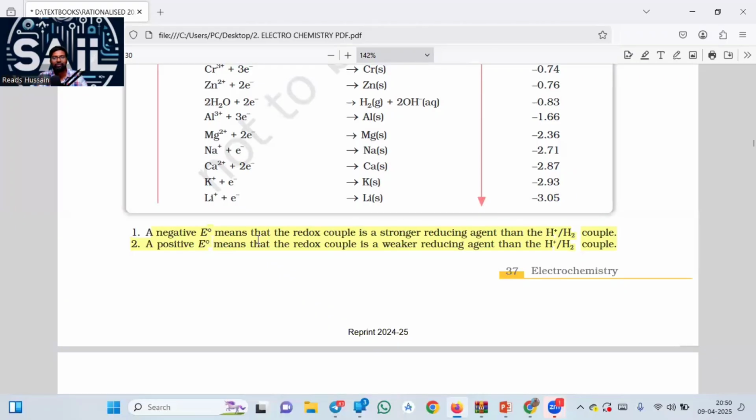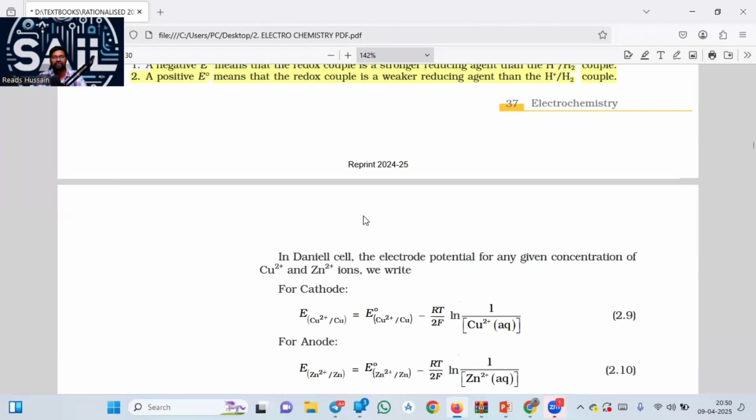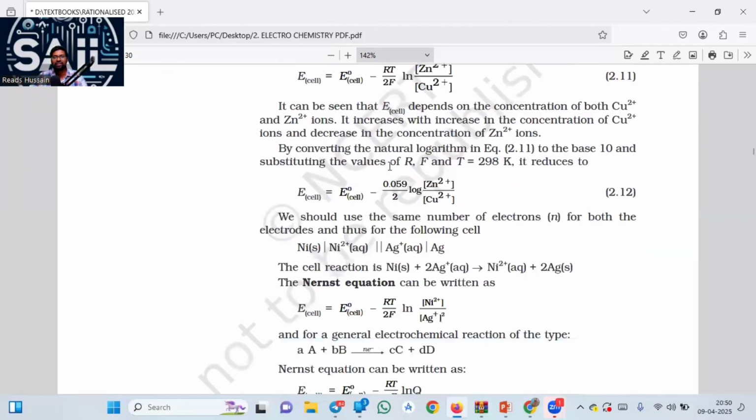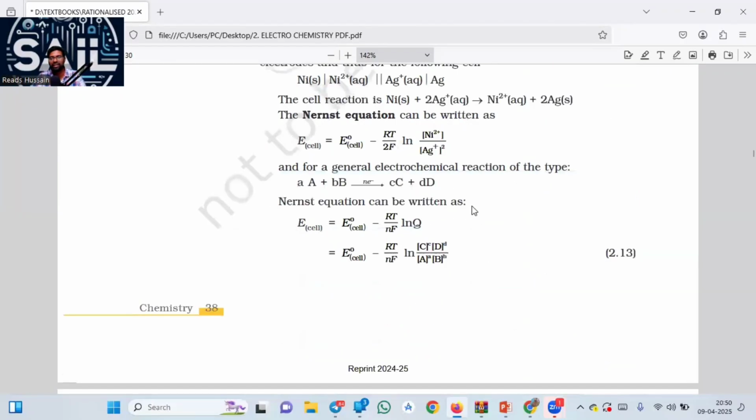That means if the negative value represents the stronger reducing agent, the positive value of electrode potential, that is the reduction potential value, represents a weaker reducing agent. Just as I told you, fluorine has a higher value and is a good oxidizing agent, right? Okay, all these points we discussed in the last class. These are under the derivation of